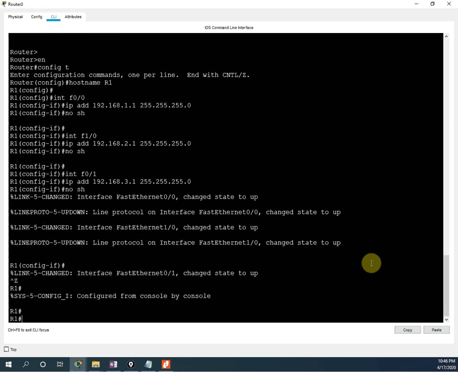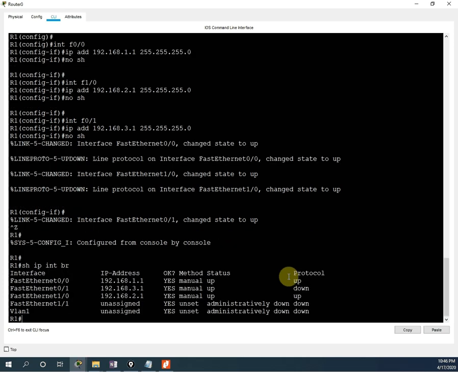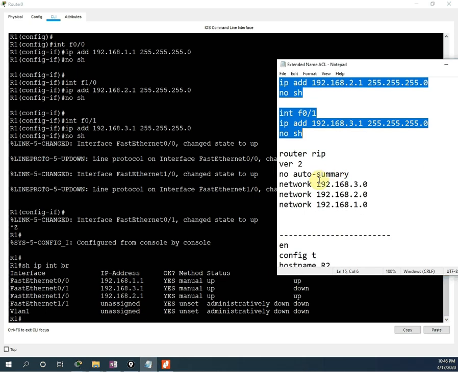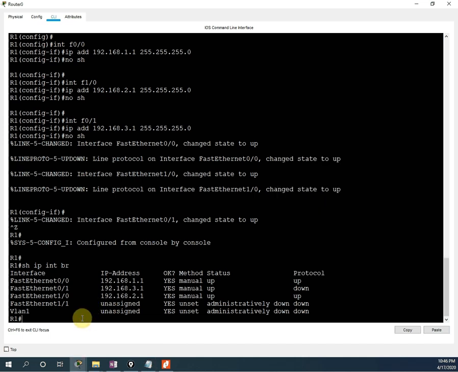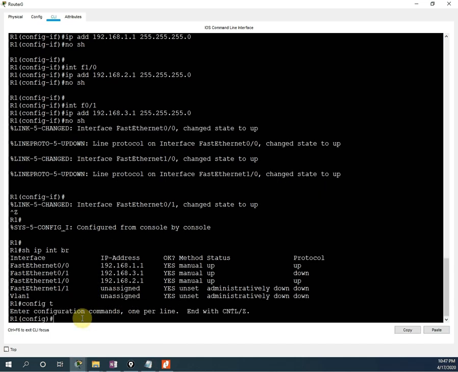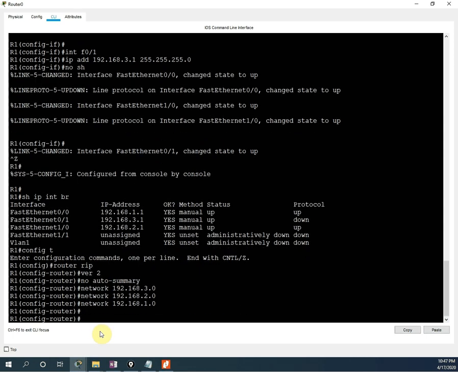Now I will say show ip interface brief to check the IP addresses, we assigned 3 IP addresses, this one. Okay, now I will take this one, the RIP configuration. Let me go to the global configuration mode and then paste the configuration. I pasted the configuration, everything is okay, no issue.